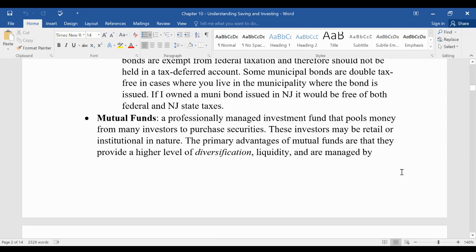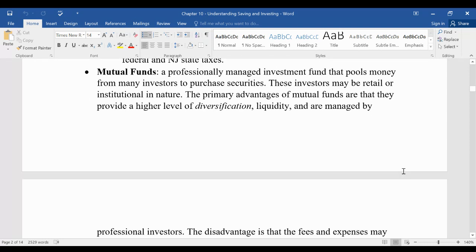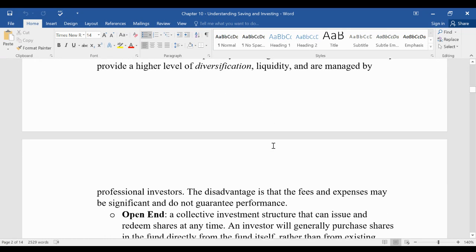Okay. Now, mutual funds. This is what a lot of people will invest in their 401k or their 403b or even their IRAs. Now, a mutual fund is professionally managed, and a lot of people pool their money. They all invest in it, and the fund has to have some kind of purpose. So it'll have something called a prospectus, which will lay out its investment strategy. And there's so many you can pick from. You're going to really want to take your time to find the mutual fund that fits your needs.